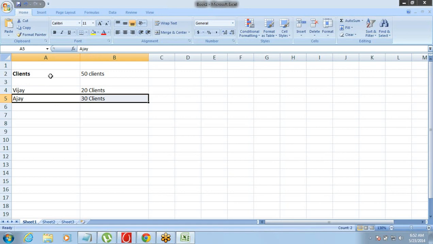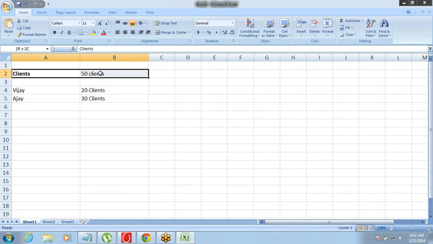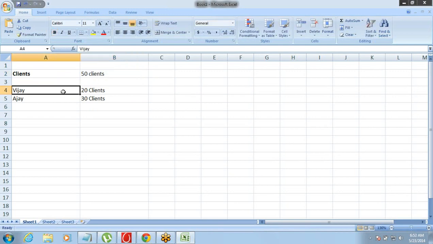So in this case, if I make the client's object private, what do we need to make private? We need to make private or public the data from a particular object. So if we make the data under the client's object private, then Vijay will only see 20 records, Ajay will only see 30 records. If we make the data under the client's object, these all 50 clients, public, then no matter who is the owner of which record, both of them will get to see all 50 records. So that is the simple logic. That is how we define the sharing settings. Okay.